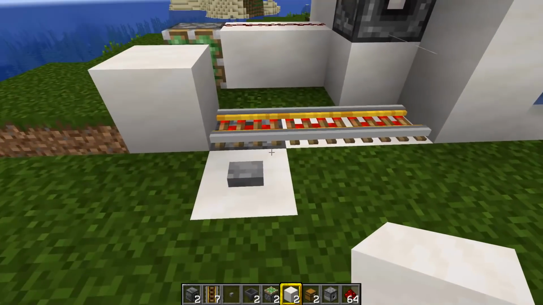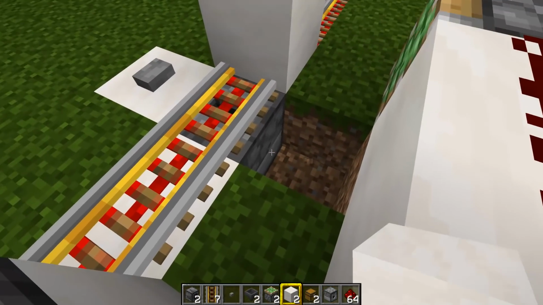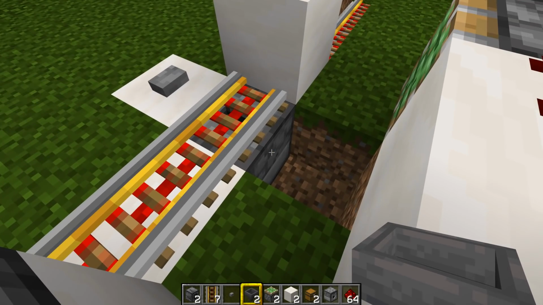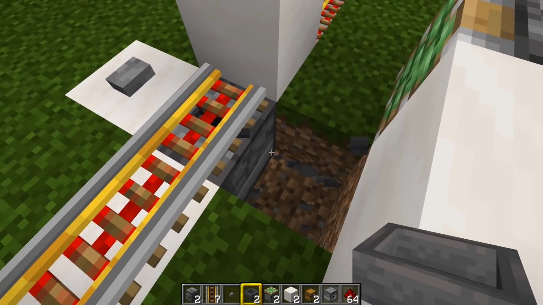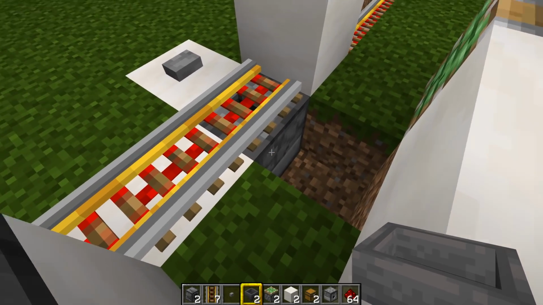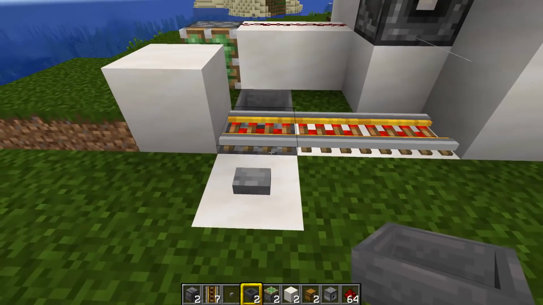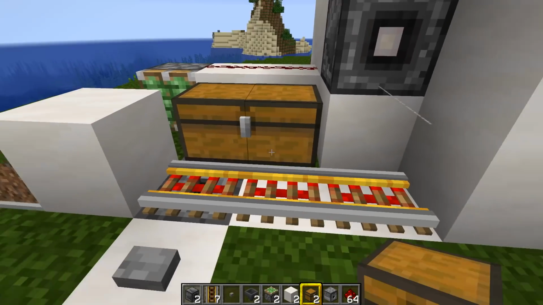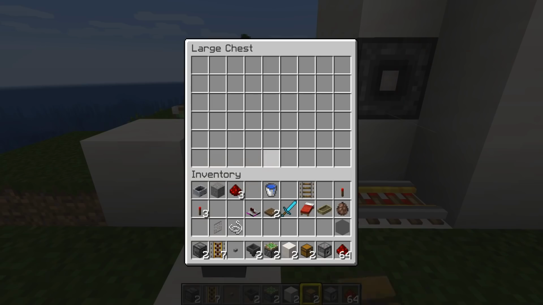Okay. Now you need to come around the back, come around to here, pop out that block, and then stick a hopper facing into the side of the dispenser. You've got to make sure you don't put it there so it's facing down. You need to be looking at the side of the dispenser, crouch, and then put the hopper down like that. Okay, now on top of that, you need to put down a chest, or a double chest, and that's where your minecarts are going to be stored. So we can fill those up now with